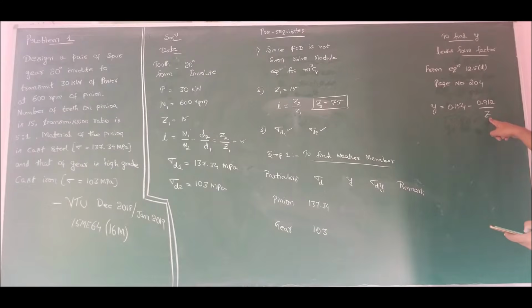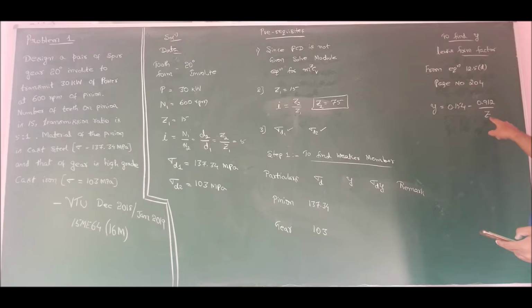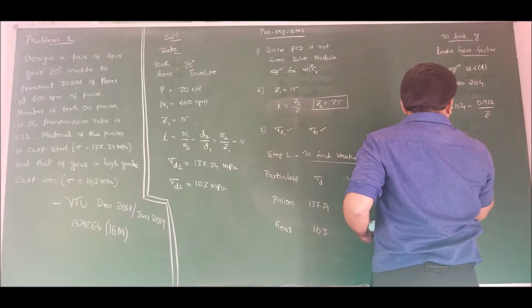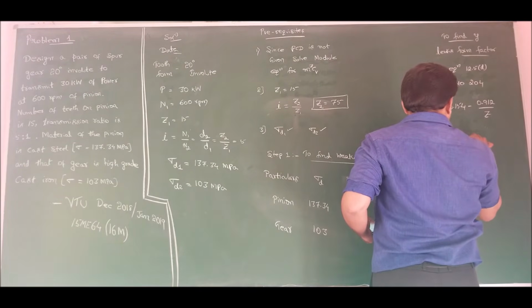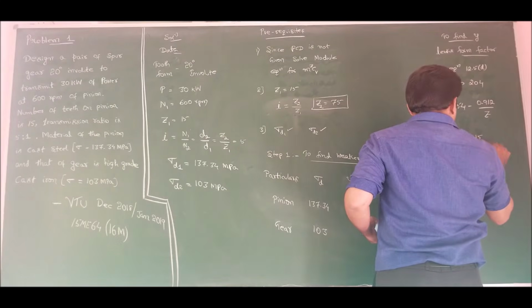Now substituting the value of z1, I will get y1. Substituting the value of z2, I will get y2. Simplifying, for z1 equal to 15, y1 will be